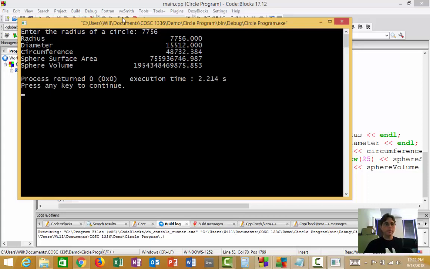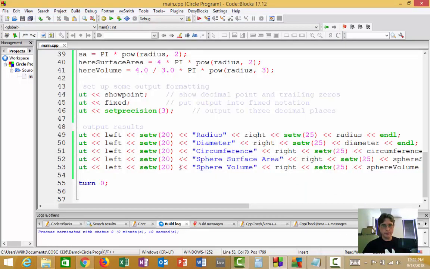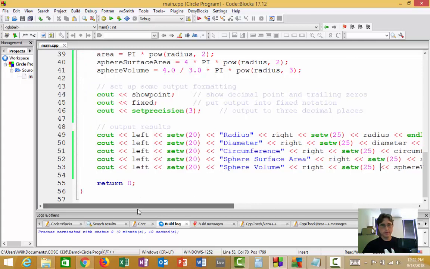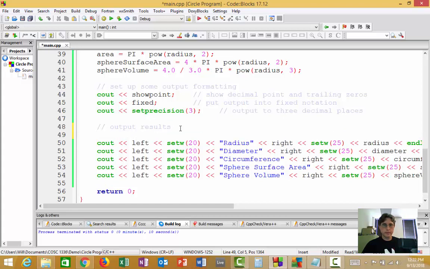And if we wanted to put any kind of label on top, we could do that as well, right? With just a couple of cout statements. So what if I wanted, so I know that's going to take up what, 45 total characters, right? 20 plus the 25 for the numbers. So what if I wanted to output